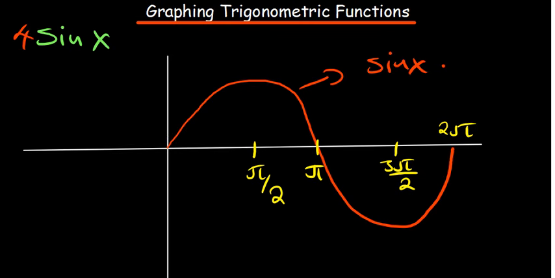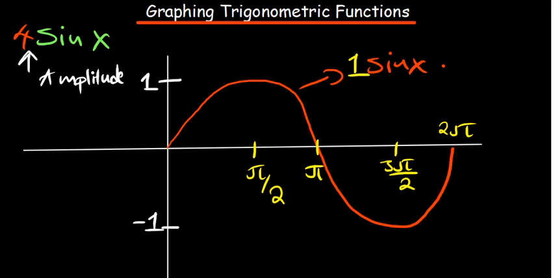What you need to understand is that the 4 indicated there is what we call the amplitude. The amplitude tells us how high the graph is going to go and how low it's going to go. In the basic case, the maximum is 1 and the minimum y value is negative 1, because the basic form of a function just has a 1 there. In a case where we have a 4,